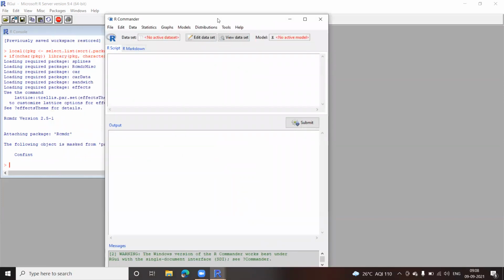What you can do is just go through this R Commander. There are two windows you can see here, in fact three parts. This is the first part where the scripts will come. Till now we have been writing all the scripts in a .R file. Here, script will be created for you automatically, and the output can be seen in this window here.